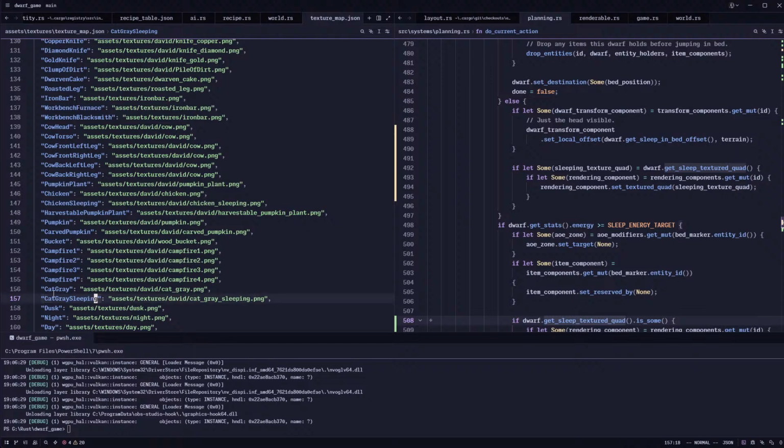Because I want the cats to be random, but then I need to match their sleeping textures with their visuals, so